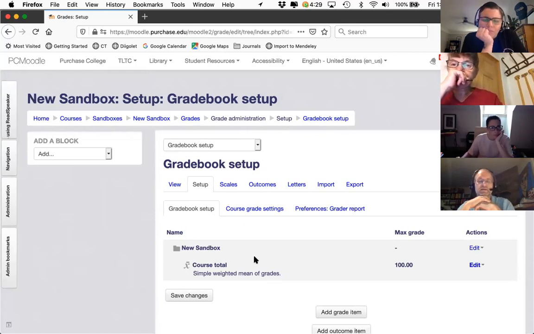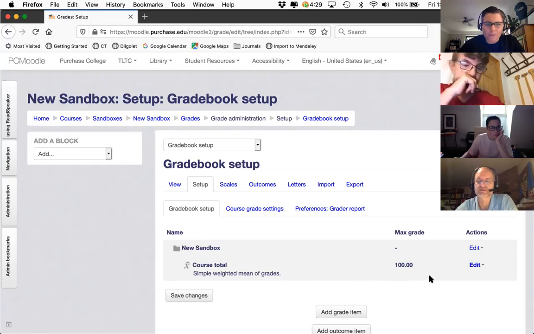And then Moodle will take your directions for how those scores are tallied up, and will use it to convert the total course score for the student, which is what's represented by this empty bucket here. We have the course, you'll see your course title at the top of this container, and you'll see course total down here, as well as some information that Moodle by default is using this simple weighted mean of grades to